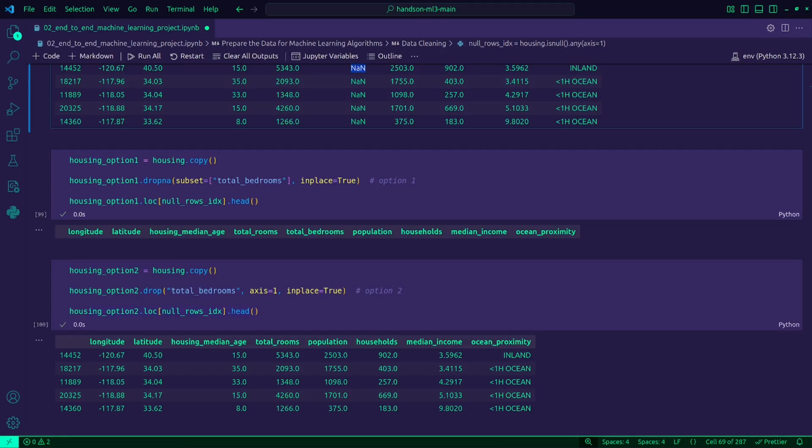So where can we use this option? Basically when too many values are missing, like half of the values. In that case, imputation becomes unreliable. We also can't just remove only the rows, because we would need to remove half of the rows.